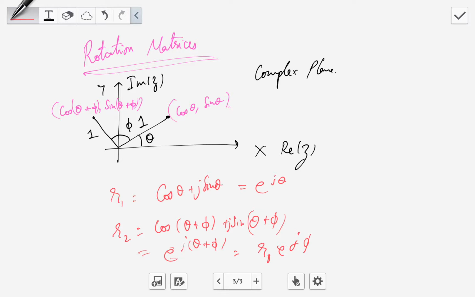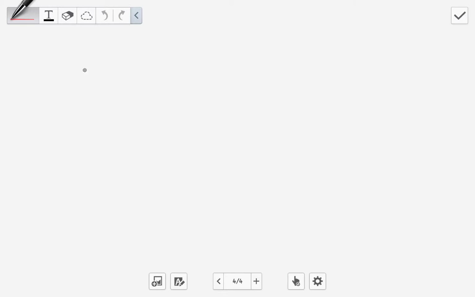Okay. So this is how we prove simple rotation, not a matrix, simple rotation using e to the power j phi. Similarly you can scale, but we just want rotation here. So we can generalize this as